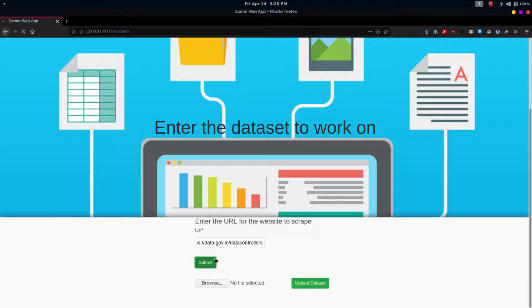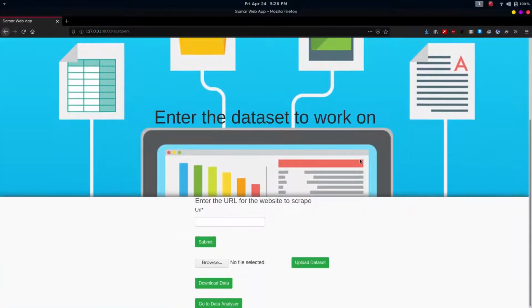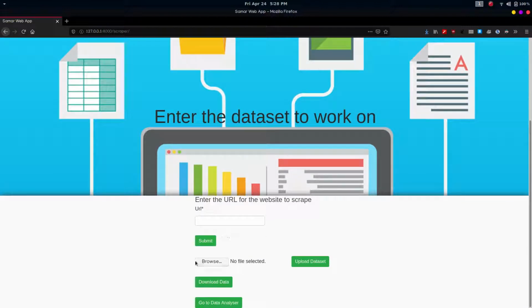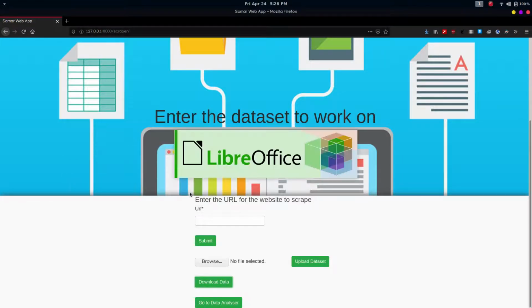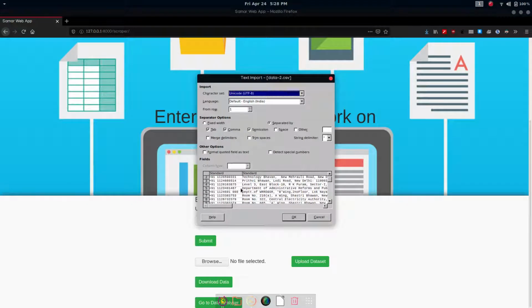So once you've clicked submit, the scraper scrapes the website for the data that is required. It forms the data set and it also cleans and validates the data set, removing any redundancies such as empty fields and rows. So you can now download that data set using the download button, as I shall present right now. So as you can see in this quick preview, we have the data set that was scraped and cleaned of not having any empty fields.